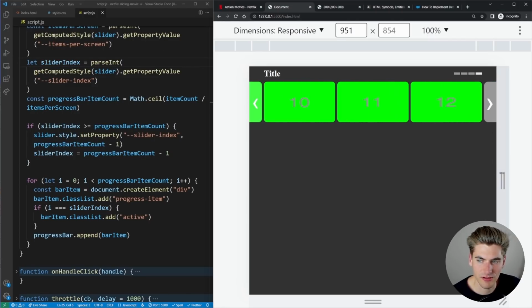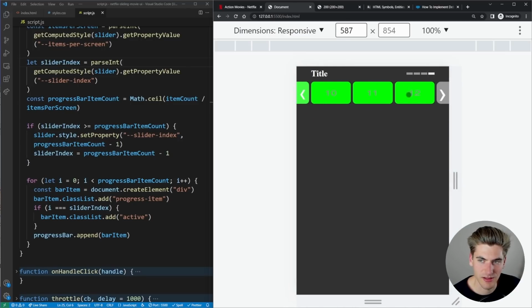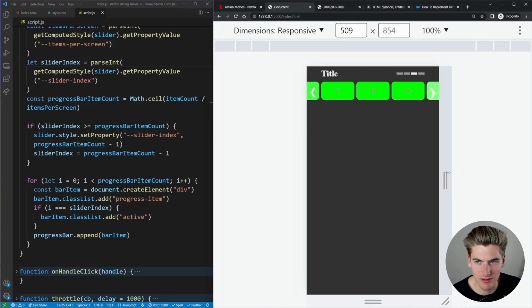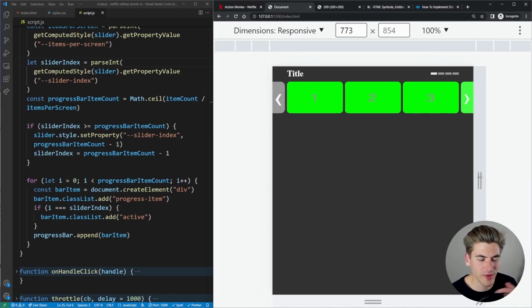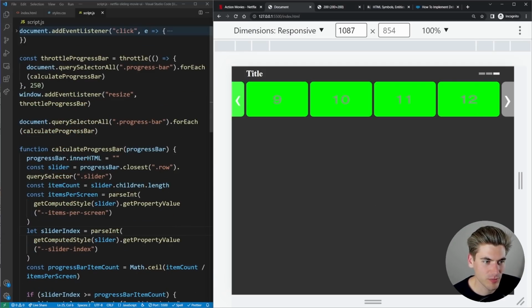So move to the very end here, decrease the size, move all the way to the end. And if I increase the size, as you can see, it's moving me back to the proper slider index. Increase the size again, and again, it's moving me back to the very end of the list if I'm past the end of the list. But obviously when I'm shrinking, things don't make a difference. And if I'm at the beginning and I increase, it doesn't make a difference. It only makes a difference if I'm at the end of the list. By decreasing or increasing my size, I now only have 3 pages instead of 4. So if I was on the 4th page, move me to the 3rd page. There we go. That works perfectly.